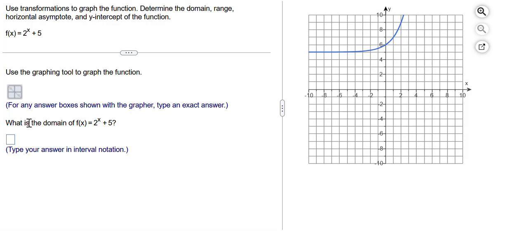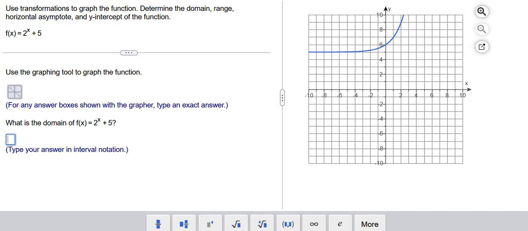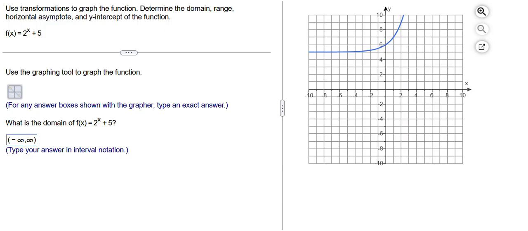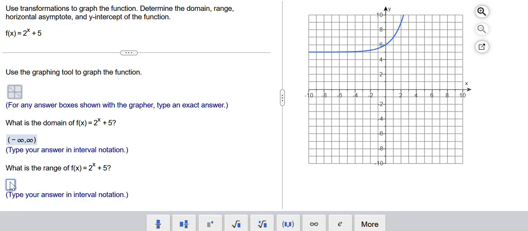And then I am asked to find the domain. As we learned in class, we have all real numbers from negative infinity to positive infinity. So we check that. Yay. And then it would like for us to find the range. From here, just looking at our graph, we know we go from 5 to positive